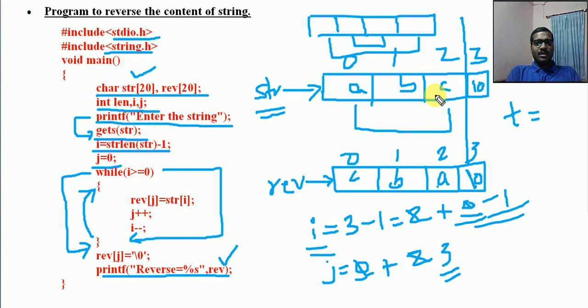If you are getting a general question like reverse a string, you can directly display that in reverse order. If you want to reverse and add it into another array, another character array, you can do that also. It's up to you, but specifically if they are asking for the same string to be reversed, you have to apply this swapping.